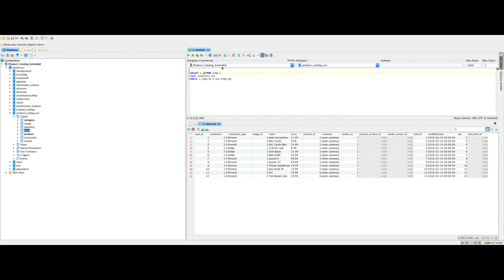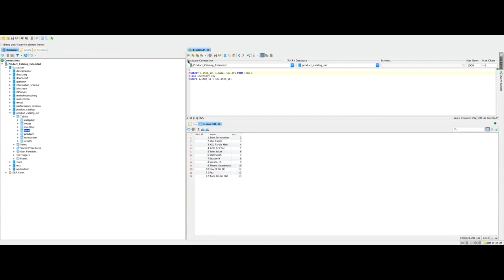So we can do item ID. Let's do name, and let's do quantity. That's a little bit cleaner. So now we know that these items have these quantities. Pretty clean. We use the join